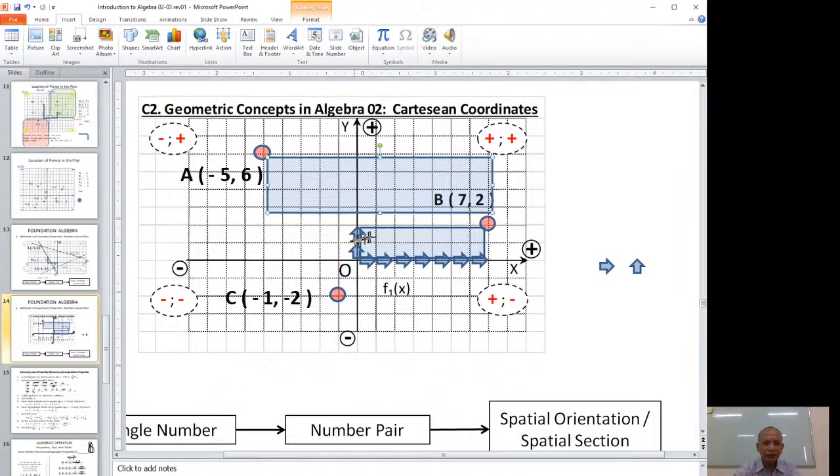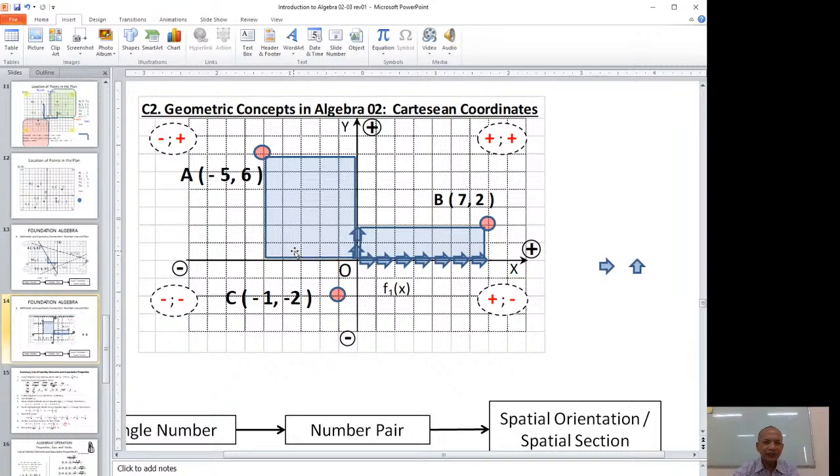For A we have like this. Position. Okay, we have like this. 1 step to the left, 2 step to the left, 3 step to the left,